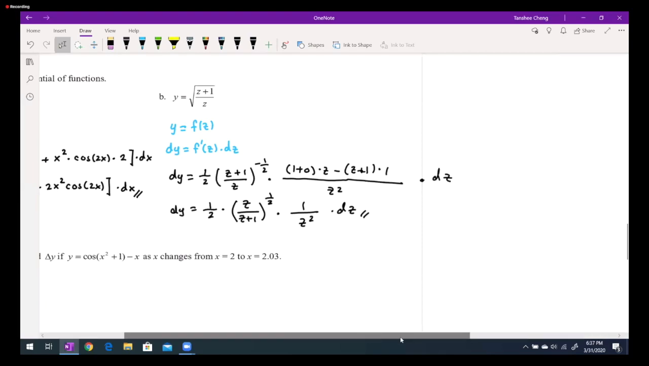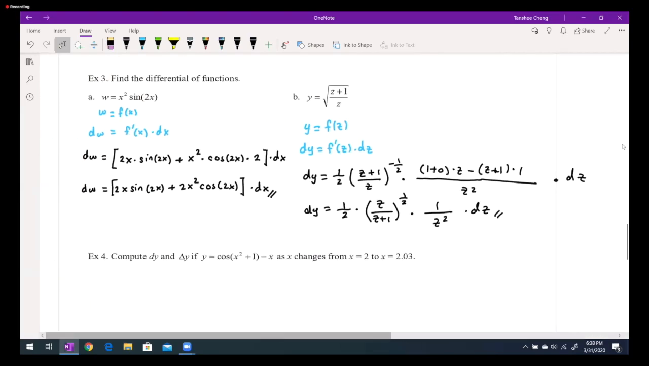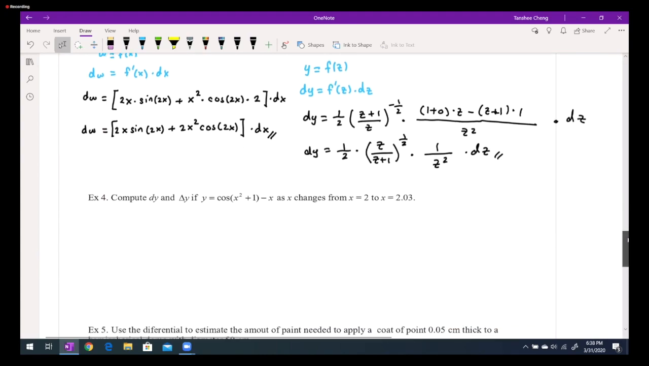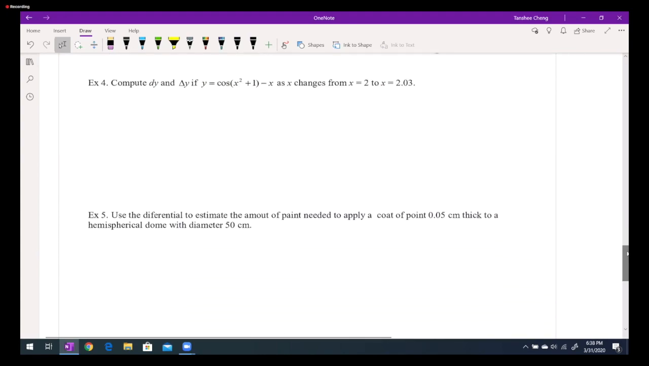Moving to the next example, right? Example 4. So that will help us to see the difference in values. So first, it is asking us to compute the differential of y and delta y on this particular curve, from x equal to 2 to x equal to 2.03. So first thing,